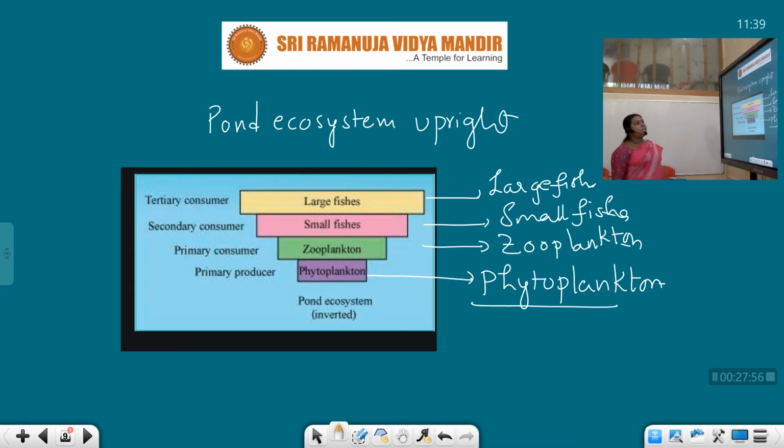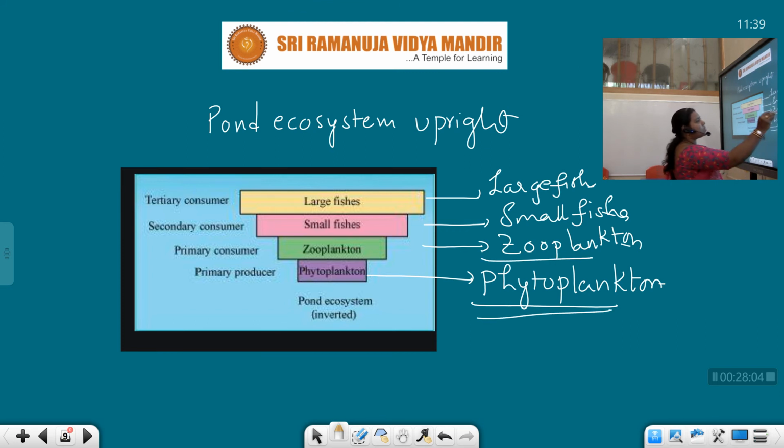Let us see the pond ecosystem, upright. It starts with the phytoplanktons, then zooplanktons, the next level has small fishes, and then large fishes. Phytoplanktons are primary producers, zooplanktons are primary consumers, and